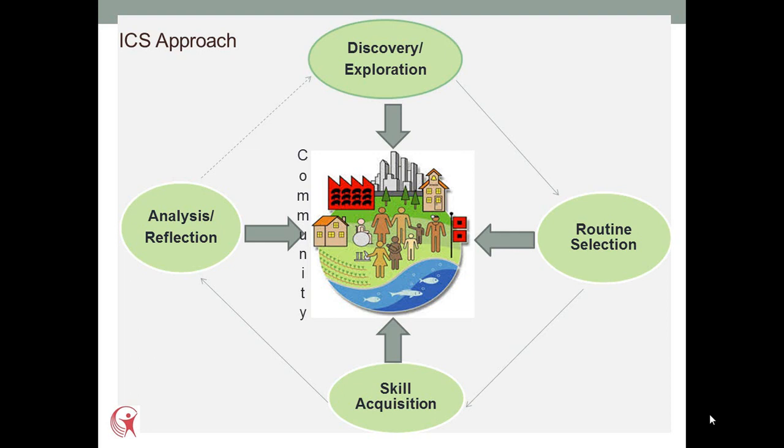All of these, it's a dynamic kind of a process, and one that is always leading the person into the community. When we do analysis and reflection, we might start over with discovery again, because perhaps the person didn't like their chosen activity and it took them actually experiencing it to find that out. And then it becomes the job of staff to do more discovery. Or it might be that at that point in time, the person might have moved far enough along to be hooked up with a volunteer or community friend, and they'll continue on with their activity at that level. Or the person might choose to continue to do that one activity and discover additional activities.